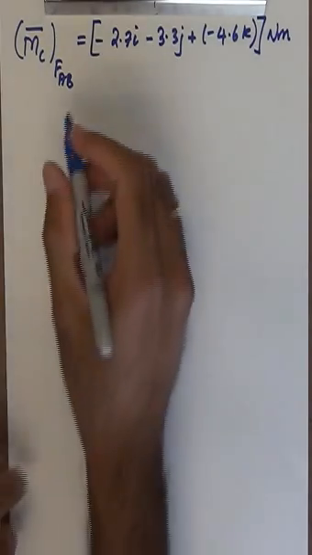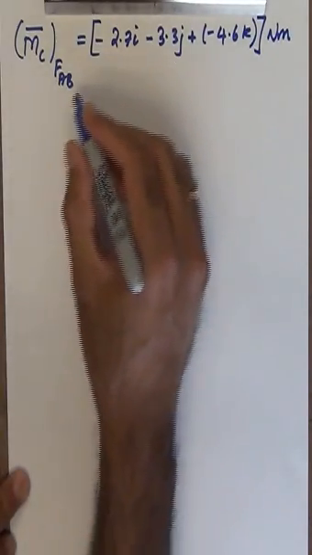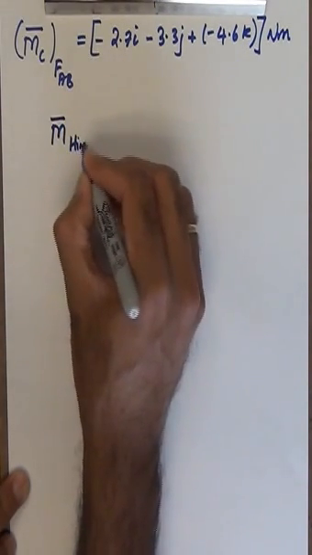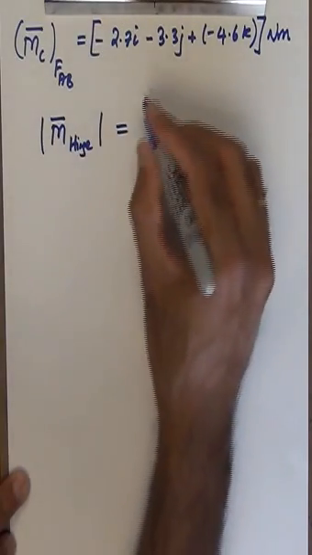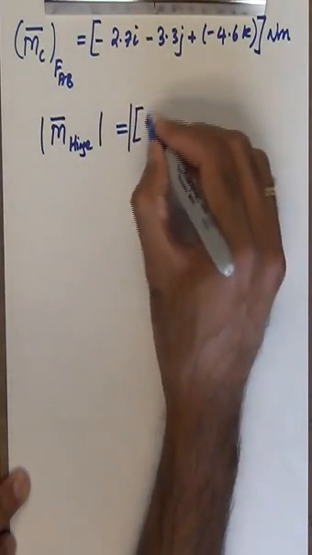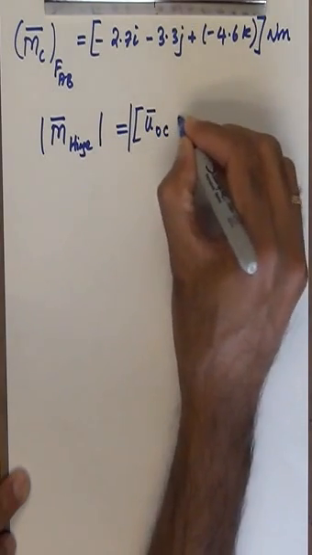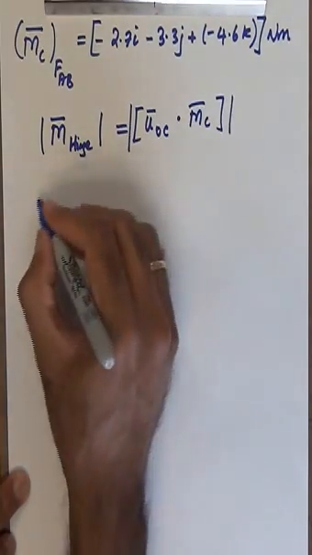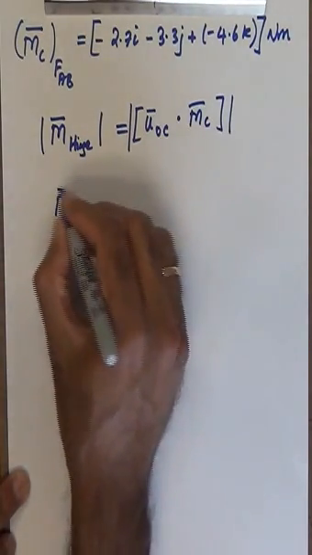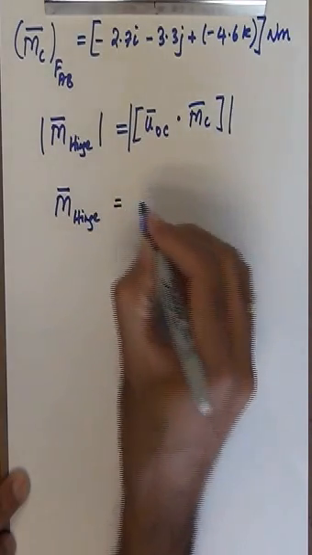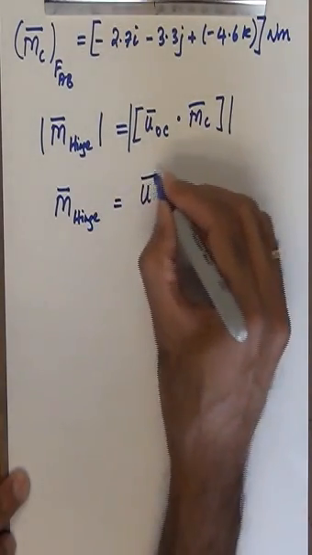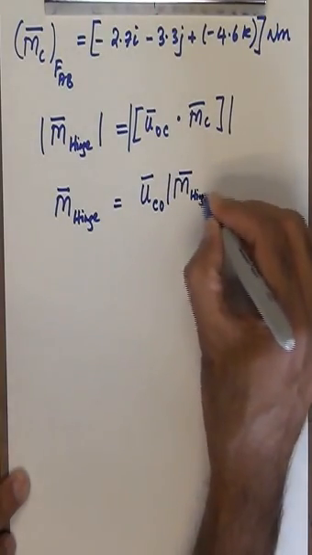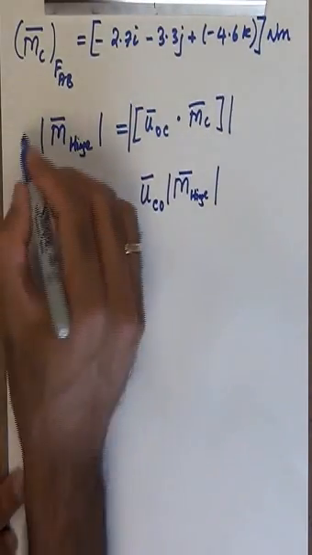Alright, so we can write out the answers as follows. So moment about the hinged axis, magnitude is going to be the dot product of the unit vector from O to C, about the line of interest, dotted with the moment that we just found out from above. And then if I have to write this as a vector, then M hinge is going to be u from C to O times the magnitude of the moment that I just found out from the previous step,